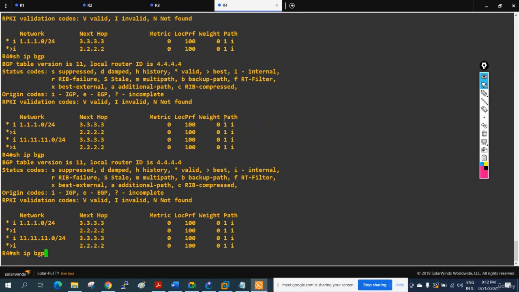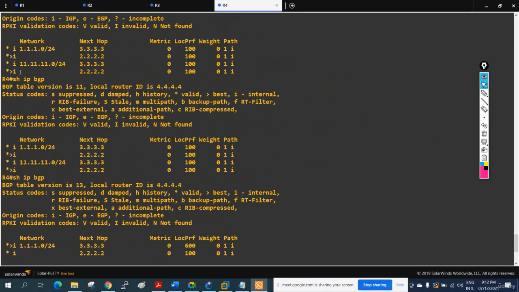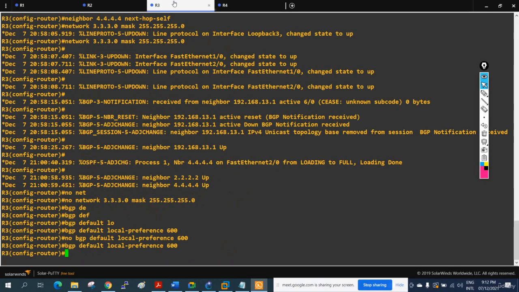We will have the, it moves or no, it will move after some time. If you see now, before we are getting from where, if you see here, before we are getting this route from 2, here and here. 11 also getting from 2, 11 and 1. But after I change here, when I make the changes, this default BGP default local preference 600, when I set